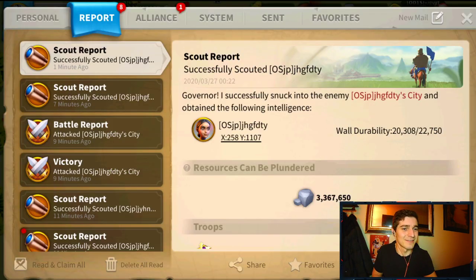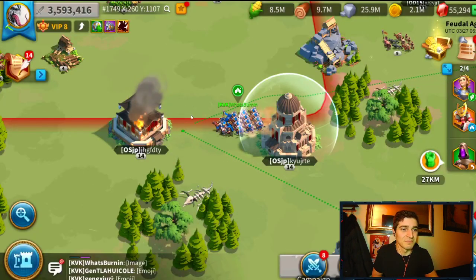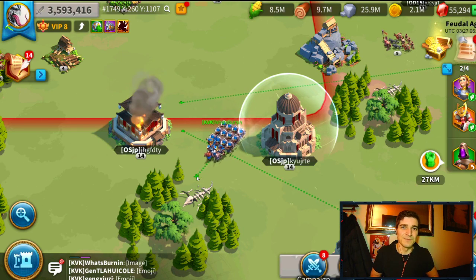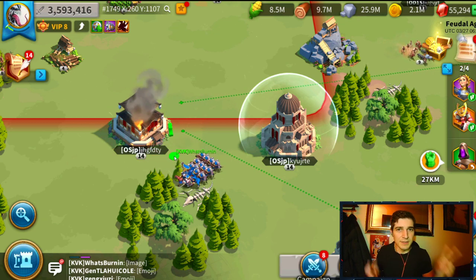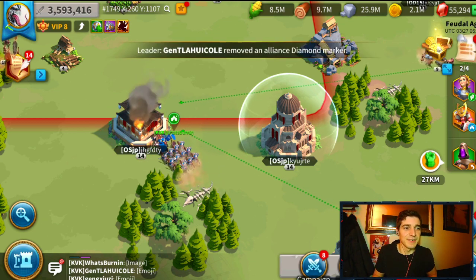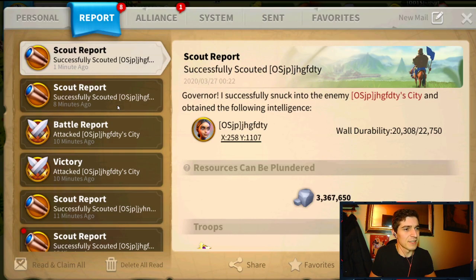Alright, let's see what we're looking at here. 3 mil stone. That's not that much. Mildly disappointing. I mean, I guess I'll take it. Since the troops like to readjust themselves before they hit the castle, I like to try and get them in position ahead of time. I don't know why it said that his troop load was full, because I literally just...